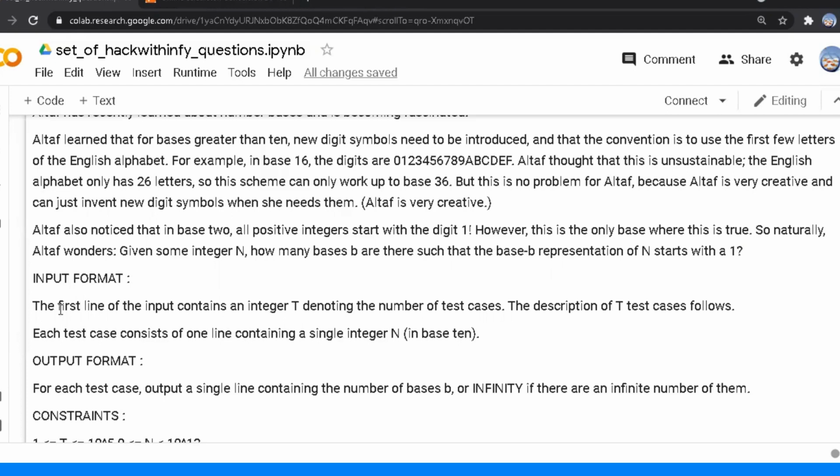Here we can see the input format. The first line of the input contains an integer t denoting the number of test cases. This is the usual case. The description of the t test cases follows. Each test case consists of one line containing a single integer n with a base 10 value.